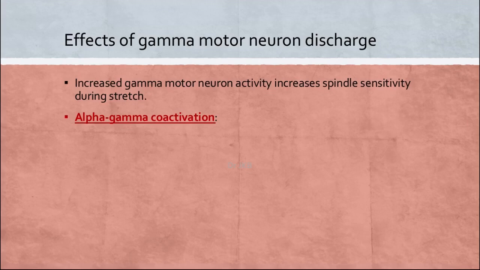The peripheral 1A and 2 fibers carry the sensation of stretch, and within the spinal cord itself the alpha motor neuron will get activated. Though they have certain supervision from the higher center, the gamma motor neurons have maximum supervision from the higher centers. So, this alpha and gamma co-activation is needed.